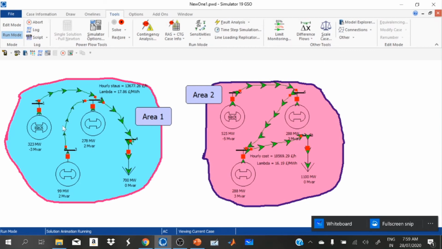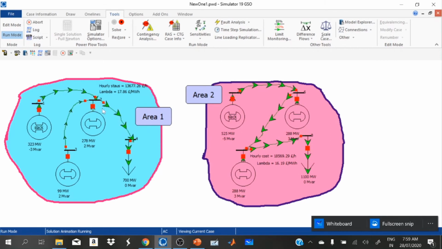When we compare area 1 and area 2, the lambda here is less, the lambda here is more. Here the generation cost is more, here the generation cost is less. So with less money we can generate more power.